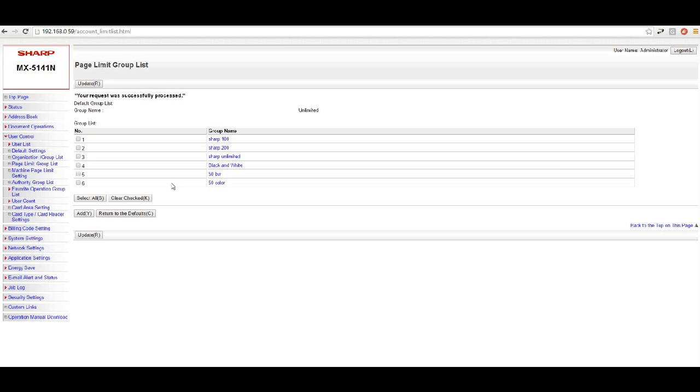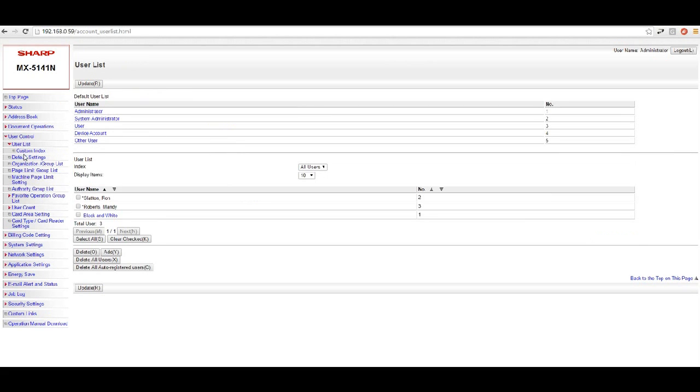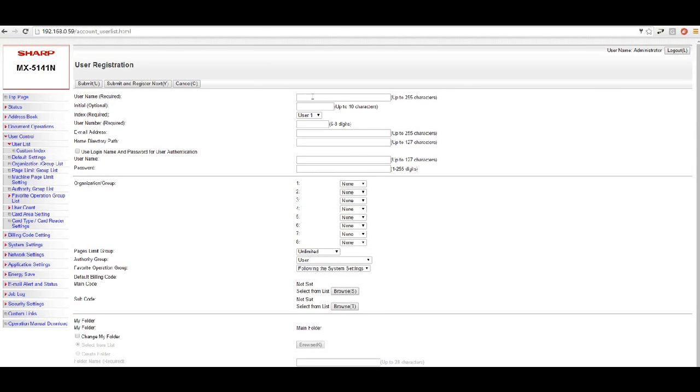Once we have our page limit group list, from here we're ready to start creating our users. So we're going to move back up to user list. And we're going to come down here, and you can see I've already created a couple users. By default, you'll have these administrators up top, but you can see down here I created a couple in the past, but I'm going to create a new one for you guys. So here we're going to click add,